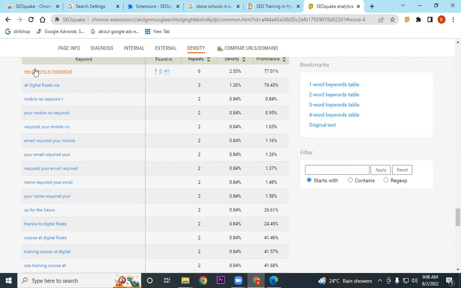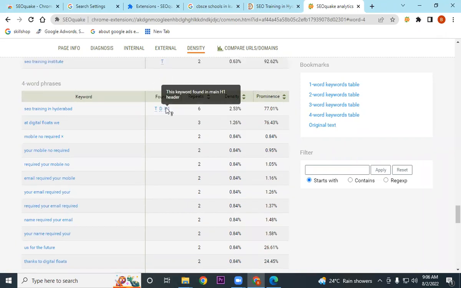So it is a 4-word keyword table. Can you see this? This is the target keyword. It is found in the title, in the description, and in the main heading, that is the H1 tag. And in the content, it is repeated 6 times, because of which the density is 2.53, which is my ideal